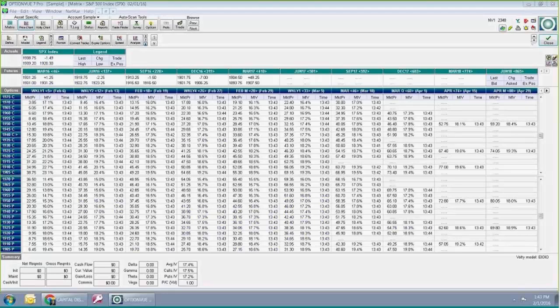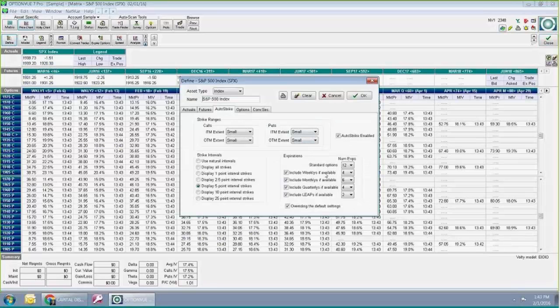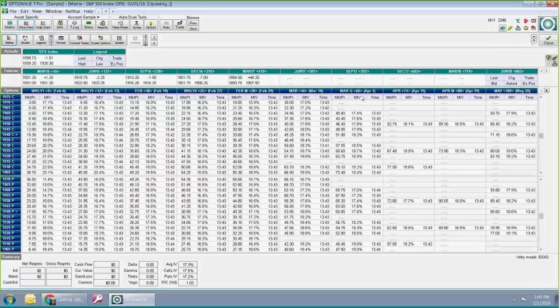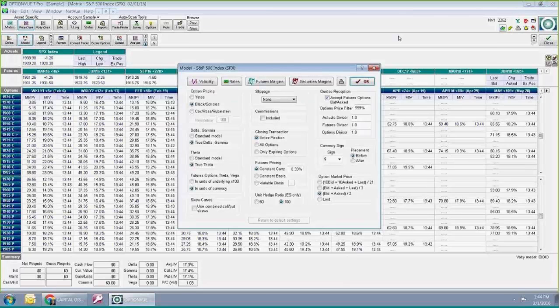Then in between, there's a February, there's also a monthly and a quarterly here. So, of course, SPX has the most. When you have this include weeklies, it also tells you how many weeklies you want. I believe at times the SPX can have up to 6. So I'm guessing you have it set to something like 3. So when you hit OK, you'll see that weekly one is missing now and is gone.